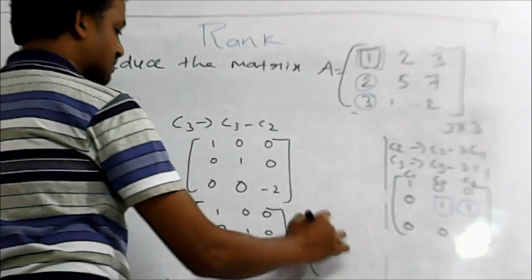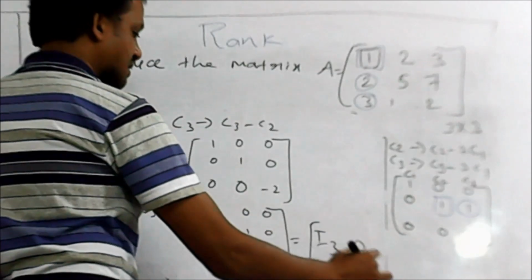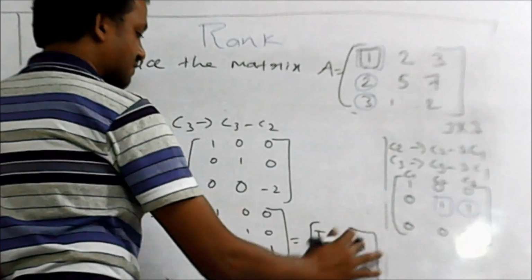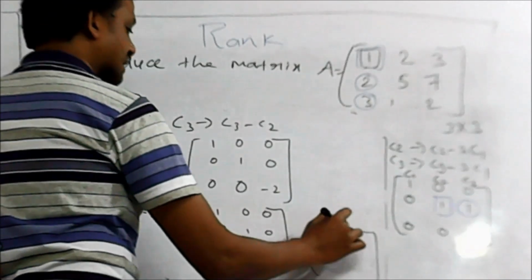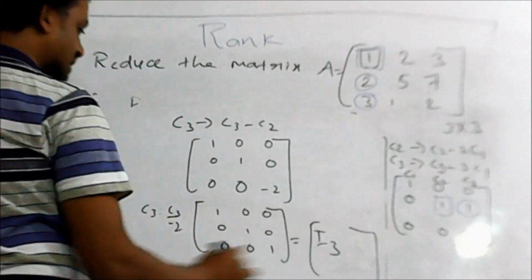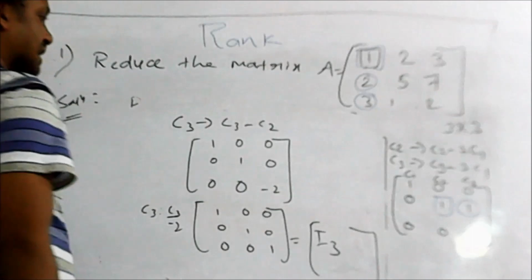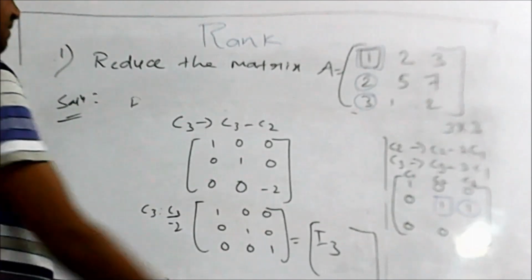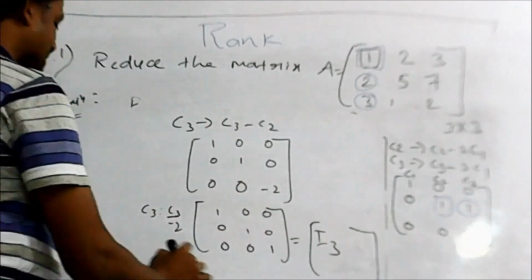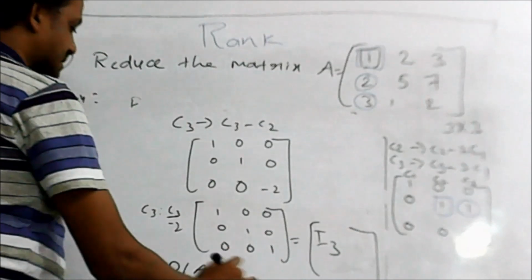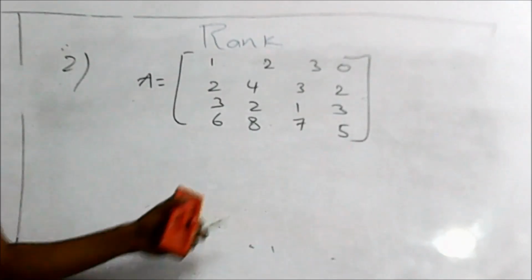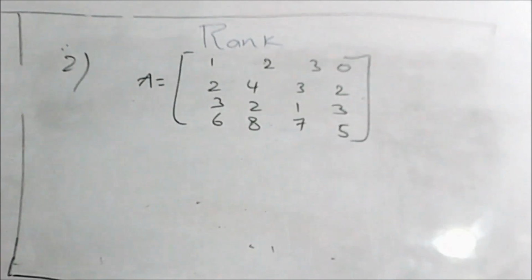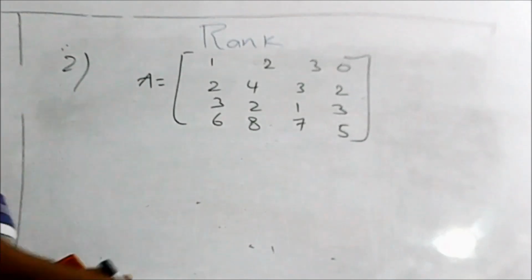There are no zeros. If any zero row is there, we will write that. So if it is not there, we can simply write I3 only. So what about the rank? It is now converted into normal form. So normal form is I3. So what about rank? 3. Rank of A is 3. I reduced the matrix A into normal form and found its rank. It will come under 14 marks also.